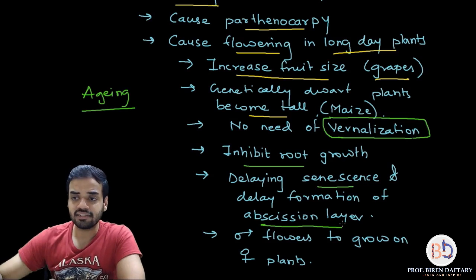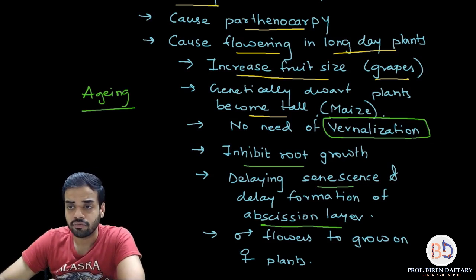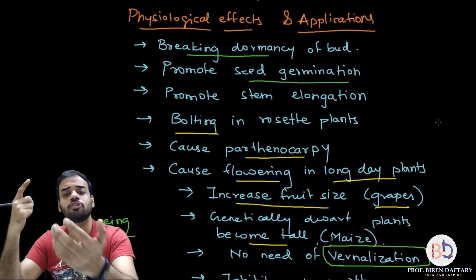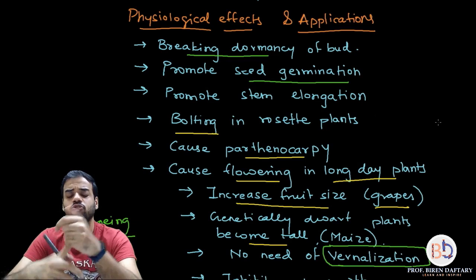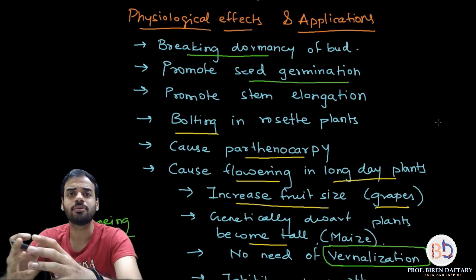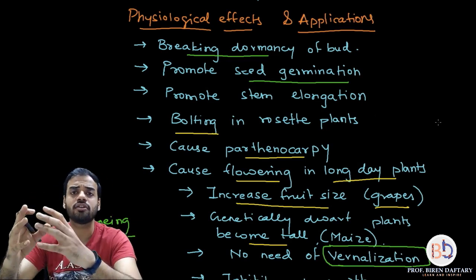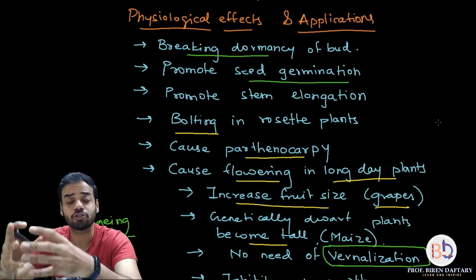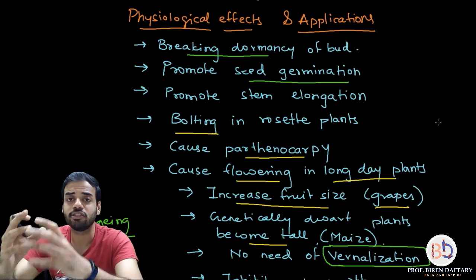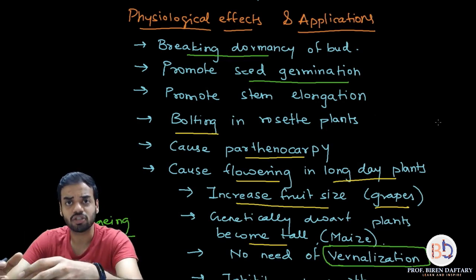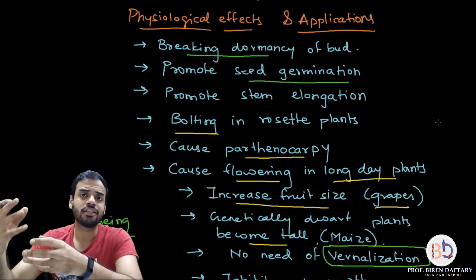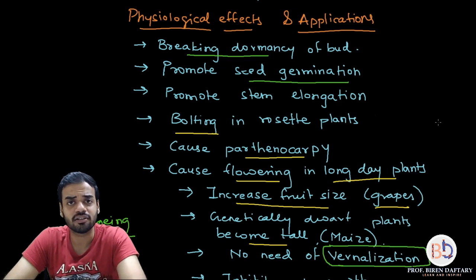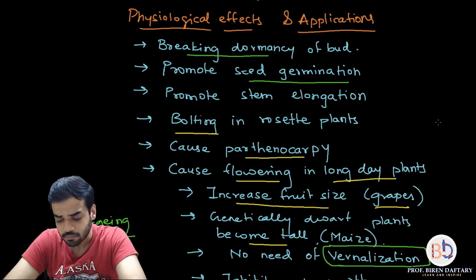So these are the applications which we have done today. And just like auxins, they also help in breakage of dormancy and they promote seed germination. So like the auxin, gibberellins are very useful phytohormones or plant hormones or growth promoters or growth inducers which can be used in agricultural techniques, and they can be used in many economical methods. Is this clear? And with that we have finished our today's topic.